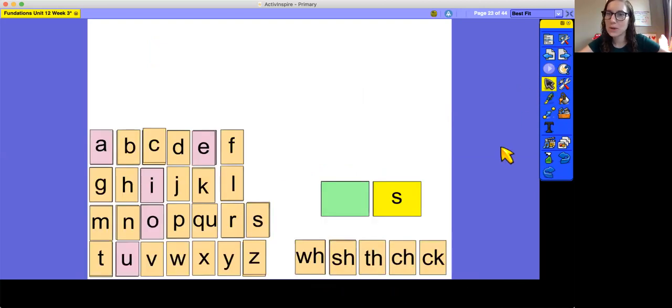Today, I wanted us to practice building some words. All of these are words that we've talked about before, so we're just going to review how you can say a word. You can figure out how many syllables it is by thinking about your breaths, about your chin, or using your claps, and then you can spell out just one of those syllables at a time to get the whole word. So the first word is mascot, and a mascot is like a character that you would see at